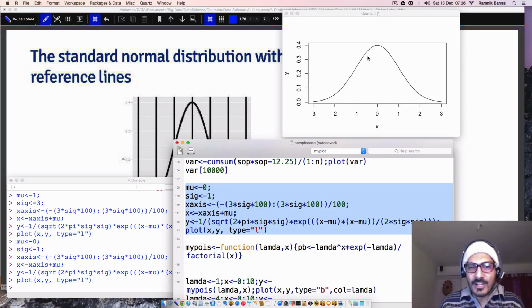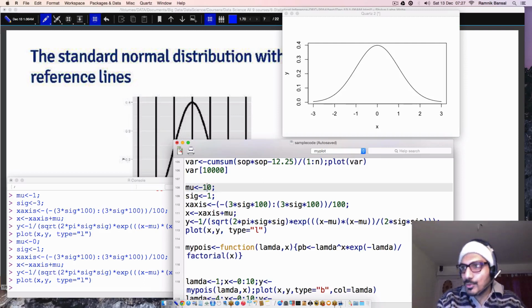If you notice, the shape of the graph did not change at all. How many of you noticed that? The shape of the graph did not change at all. Only the x-axis and the y-axis changed. So basically we are saying that even when you change mu and sigma, the property of the graph won't change. Actually, all of these graphs are the same. There's only one graph. The only difference is it is either scaled, so you're stretching it by giving it sigma, or you're offsetting it by giving it mu. Nothing else changes.